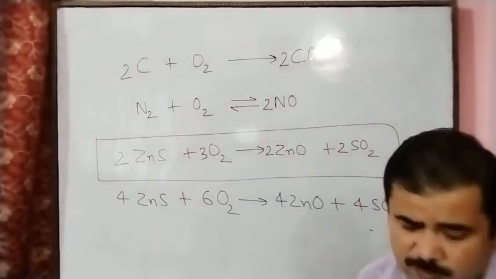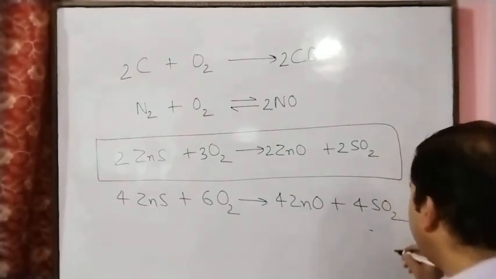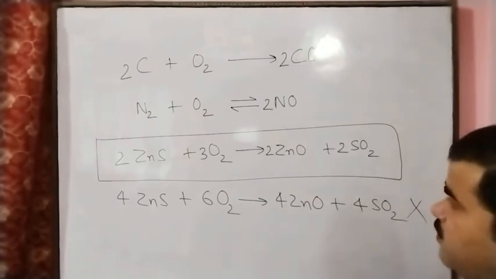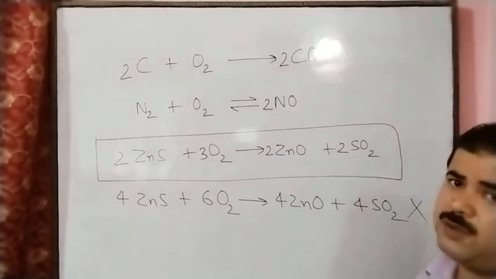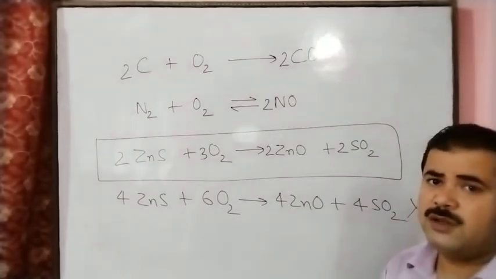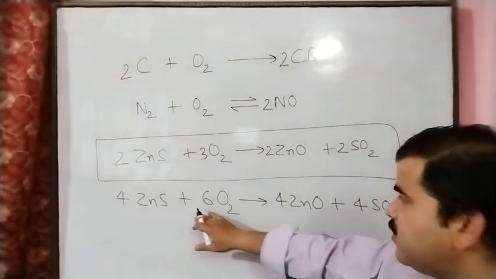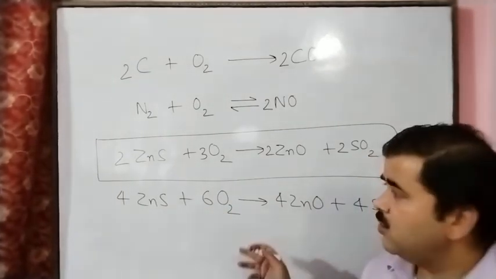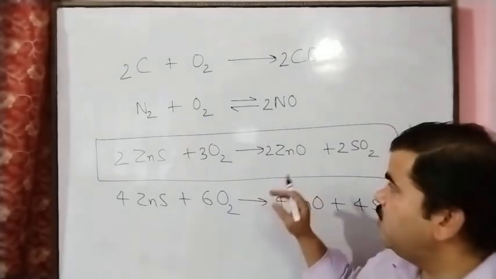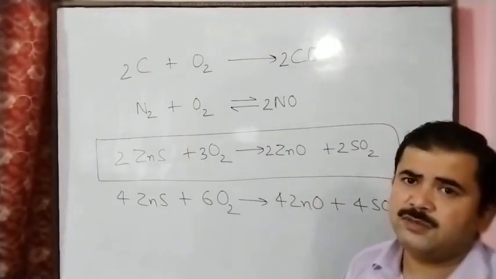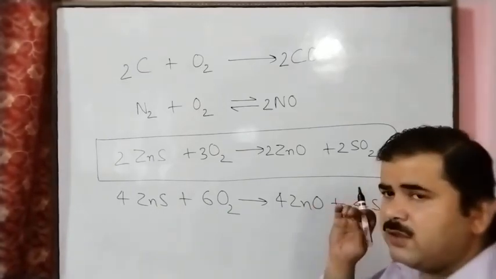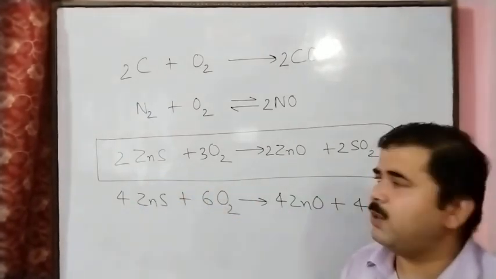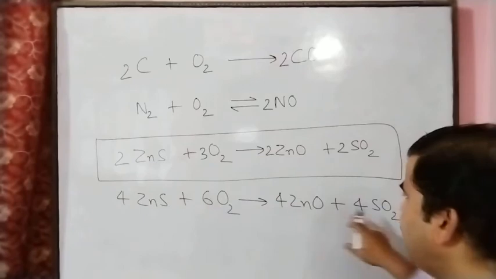It is the same chemical equation, but you will not take this equation. This is wrong. What is the reason for this? Because we will use the simplest number for balancing. So if you write this equation, you can say, sir, this is a balanced chemical equation. Why is this wrong? This is the reason: we use the simplest number for balancing. You have to remember this in your mind. So here this is not the simplest number.